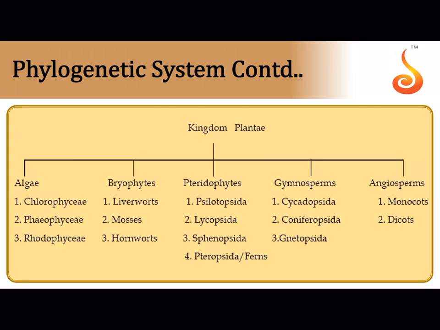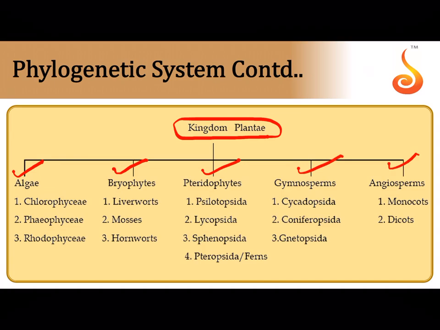Now moving on to classification of kingdom Plantae. Kingdom Plantae can be broadly classified into algae, bryophyta, pteridophyta, gymnosperms and angiosperms. Algae are the most primitive. Bryophytes are avascular. They are green. They don't have any xylem and phloem in them, and they are called amphibians because they are living in moist